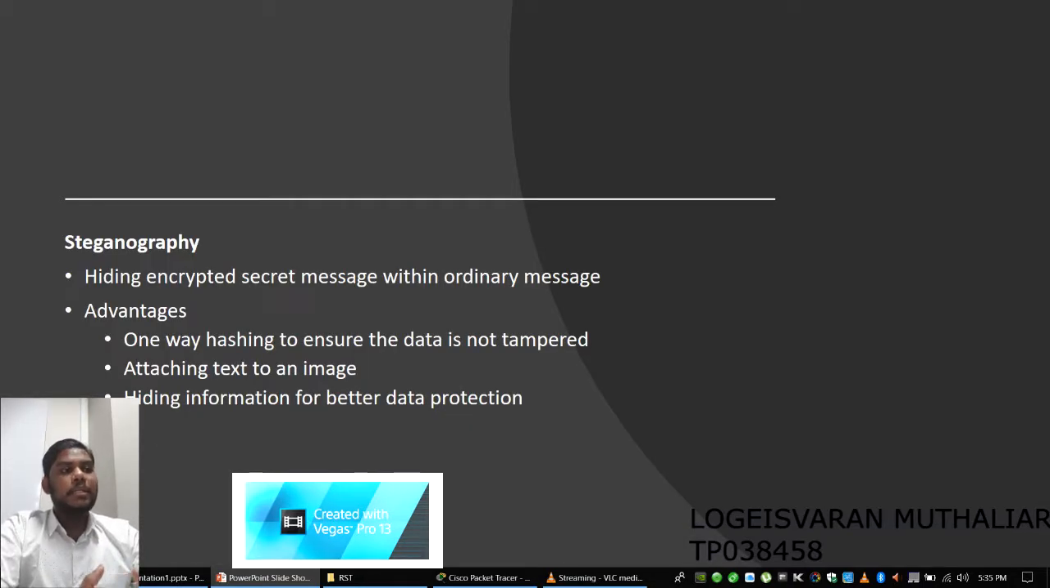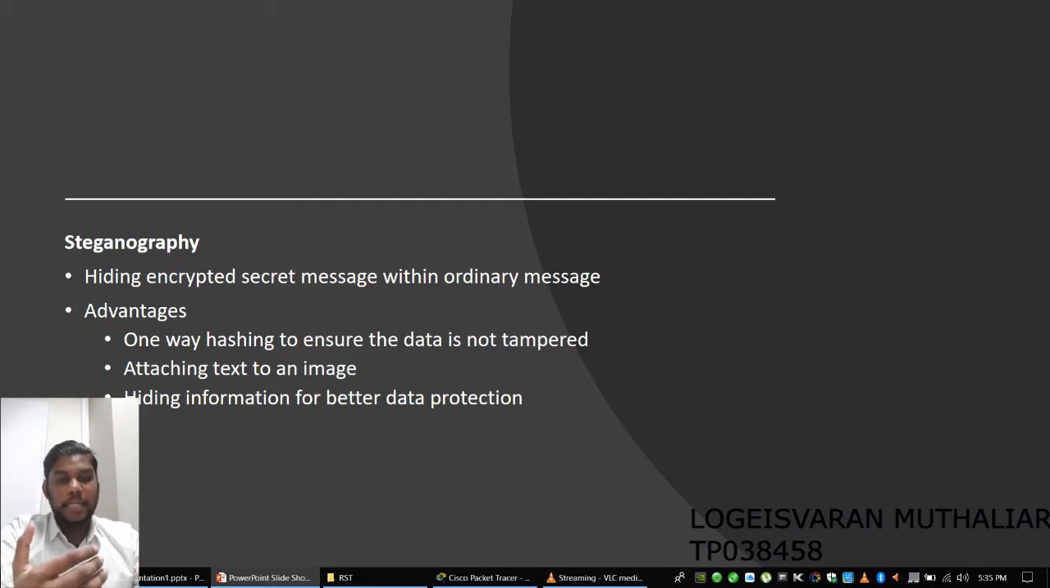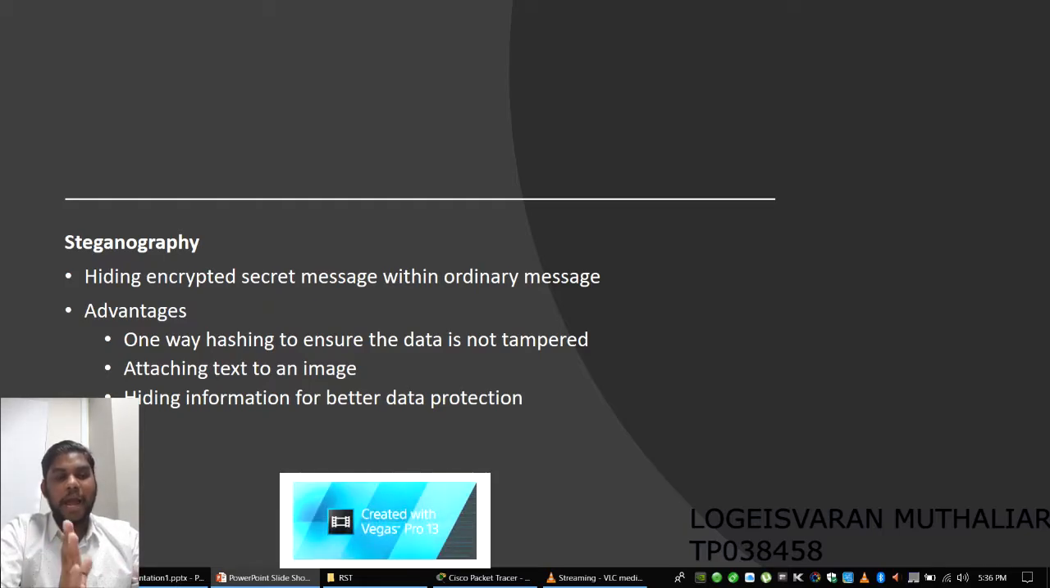The second recommendation is steganography. Steganography is basically hiding the encrypted message in an ordinary message, so it's a way ahead of encryption. The advantage of steganography is that the data will not be tampered with, because as we are hiding a message